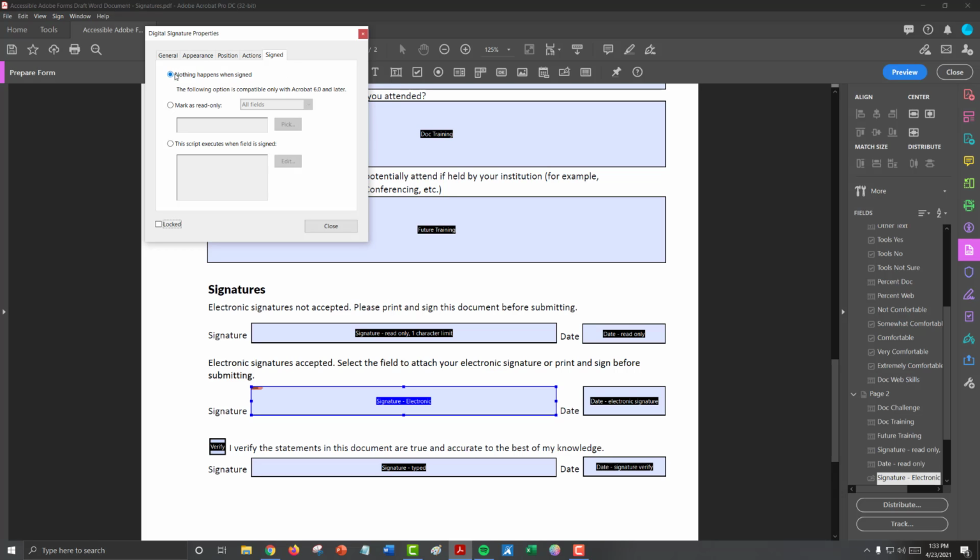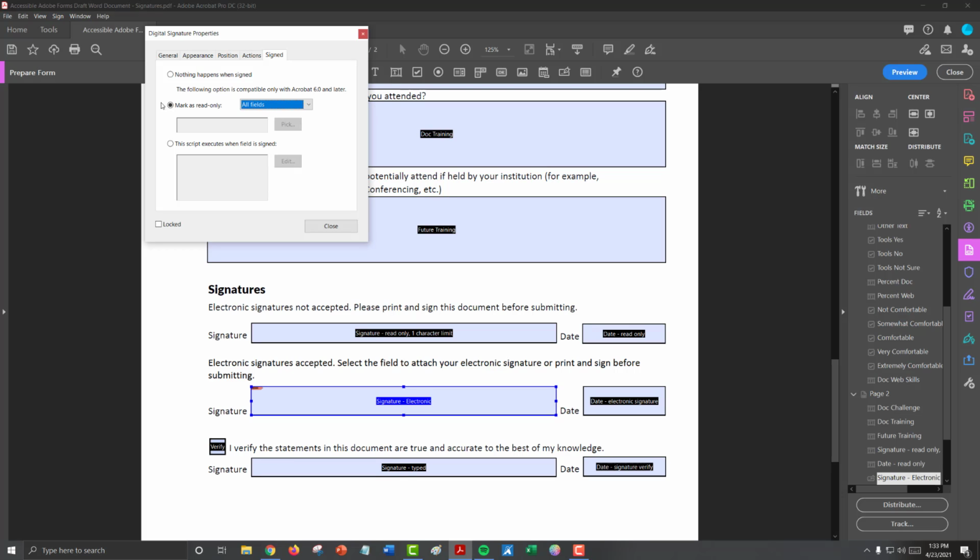You can select Nothing Happens When Signed, and that's typically what you're going to do for most of your documents. You can also select Mark as Read Only for different types of fields available. This may be a good option if you want to lock down your form as soon as someone signs it, but keep in mind that only happens for the electronic version.